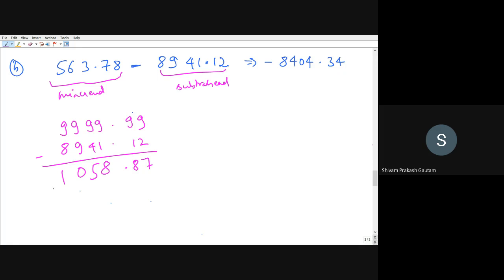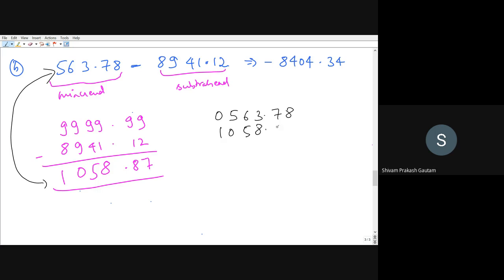Now what we have to do, we have to add it with the original number, or with the minuend. So I will add it with the minuend. Just remember, the minuend has a 0 extra term because it is a 4 digit number. Okay. So this will be 5, that means 15 and 6, and 1 will be carried above.